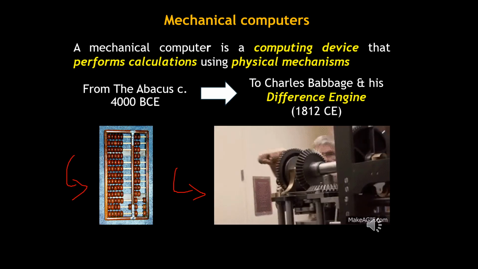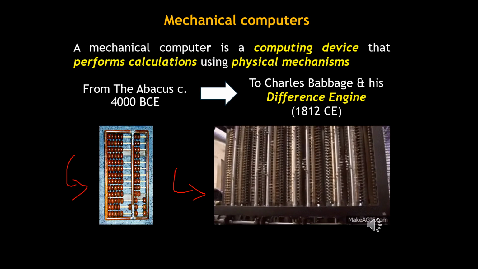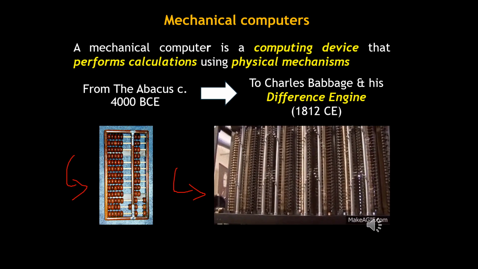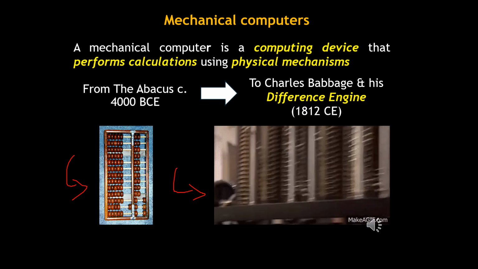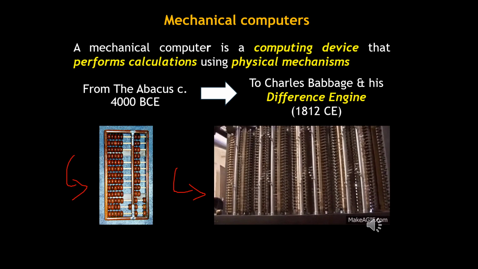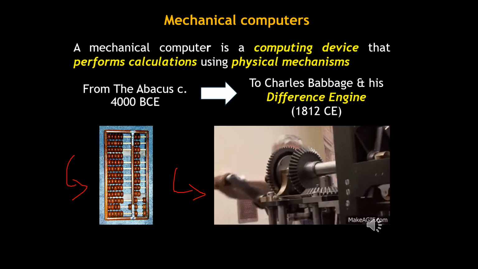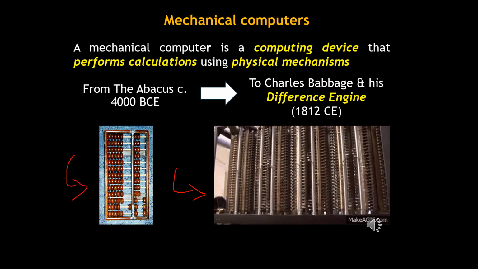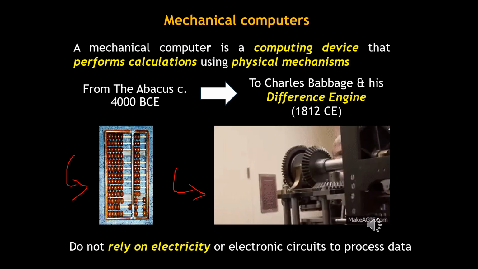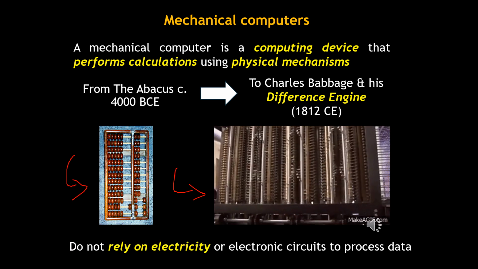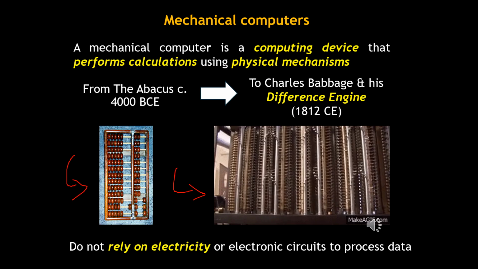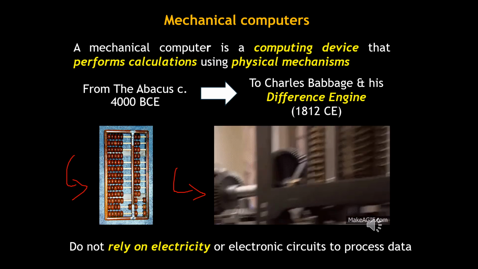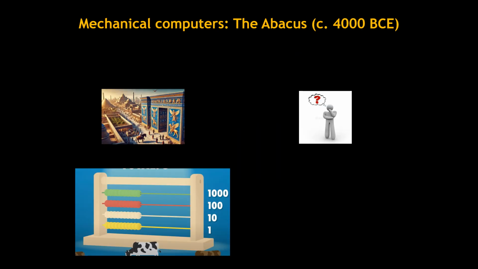And so the first one is the abacus, that was invented a long time ago. The other one is the difference engine from Charles Babbage, that is a little bit more than 200 years old. And in both cases, they don't rely on electricity or electronic circuits to process the data. So let's start. So as I said before, when we were living in small tribes, the number of things that